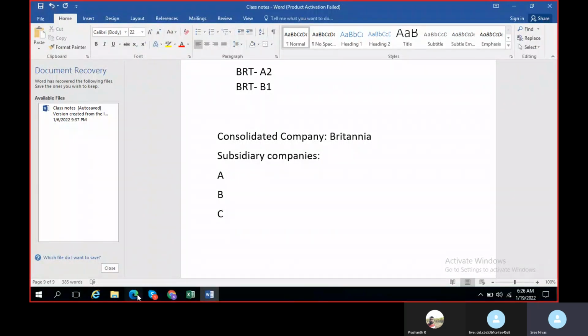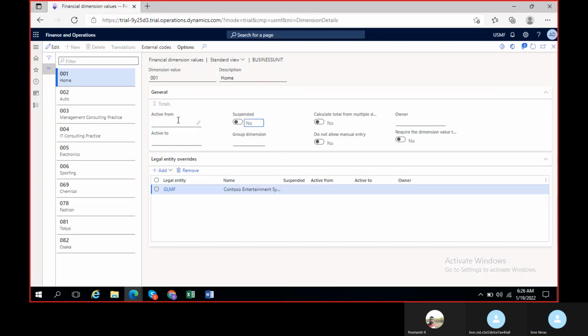So the financial dimension value we have created, right? Let us assume the balance under this particular value, let's say some $10,000 balance is there, the transaction balance for the period, and you want this balance to be transferred to the